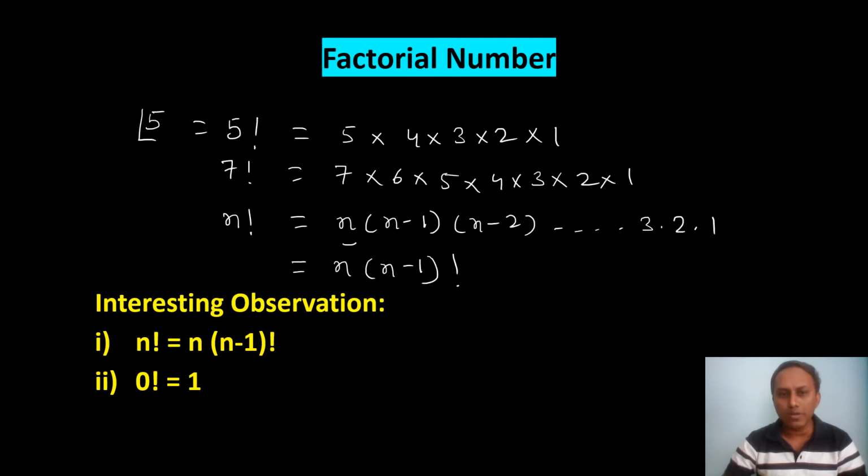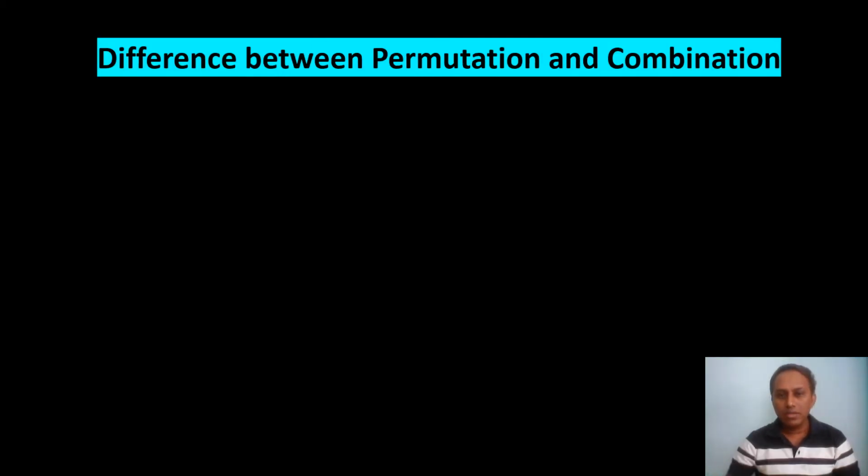So let's move on to the main thing, that is permutation and combination. Let us now understand what is the main difference between permutation and combination. How do I understand a question is based on permutation or a question is based on combination? So in order to understand that, let us take an example. Suppose Indian team has won the World Cup and I click a photograph where captain is at the center stage. Now you click another photograph where the captain and coach interchange their position and all other members are same.